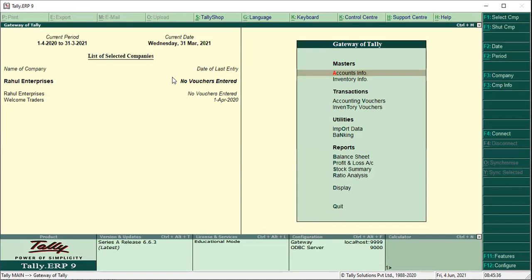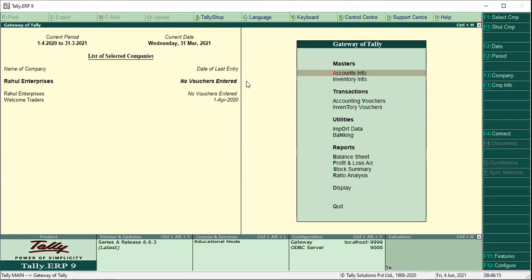Ledgers you have to create. What are the different ledgers you have to create? Party name, purchase ledger, and we have to create again four different tax ledgers. One is input CGST, then input SGST, because for purchases only input is enough. Then we have to create output CGST and output SGST. Now we have only input CGST because we are buying the goods, that is called the input CGST.